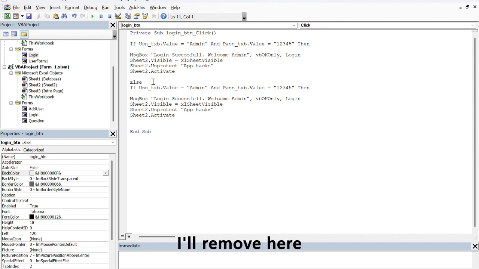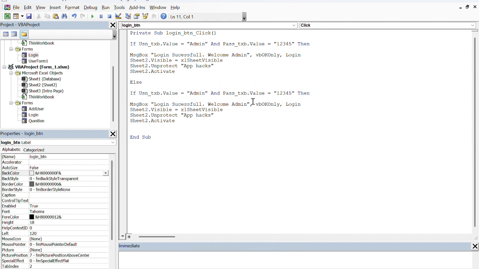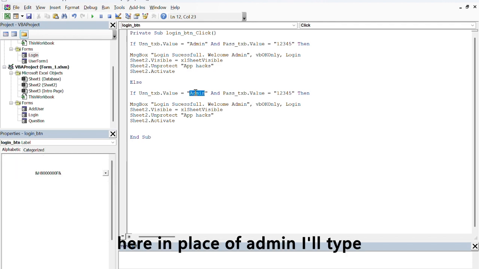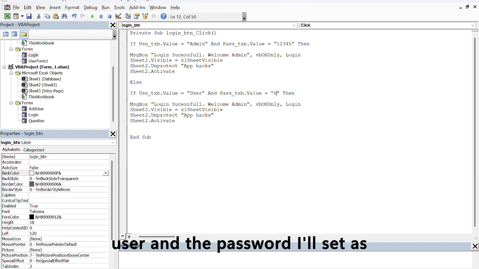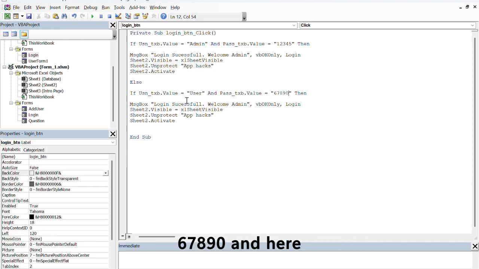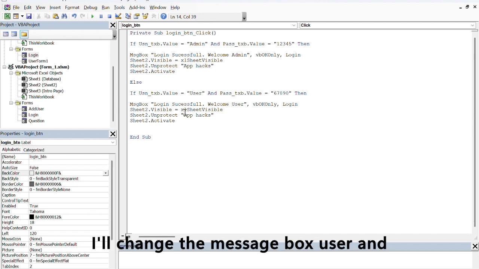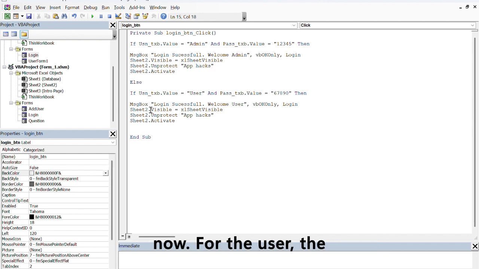I'll remove this, and here in place of admin I'll type user, and the password I'll set as 67890, and here I'll change the message box to user. And now the user can view the sheet but